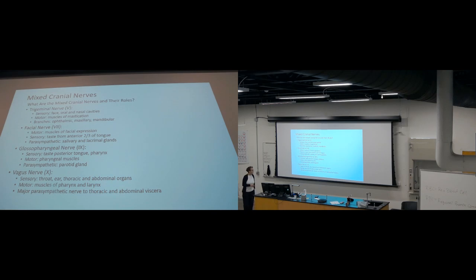Then finally, the vagus nerve, which is the longest cranial nerve in our body, is sensory. It provides sensation from structures of the throat, ear, thoracic, and abdominal organs, and controls muscles of the pharynx and the larynx, and is part of the parasympathetic system that decreases, for instance, the heart rate, produces bronchoconstriction, and increases the rate of digestion, so the movement of our digestive viscera. Okay. So we will